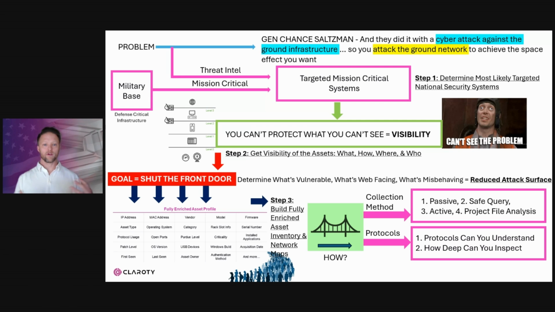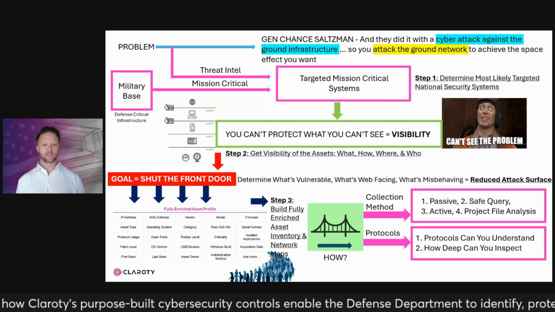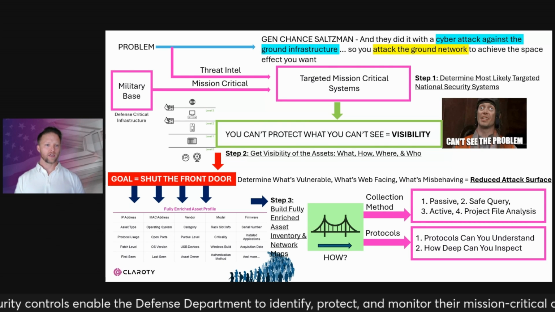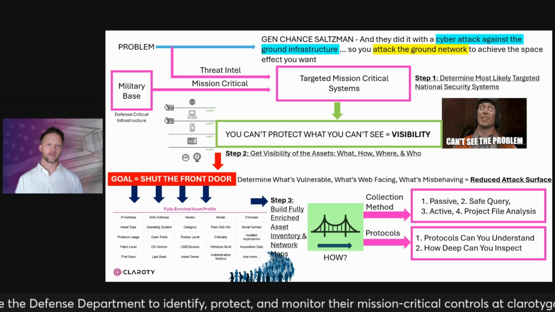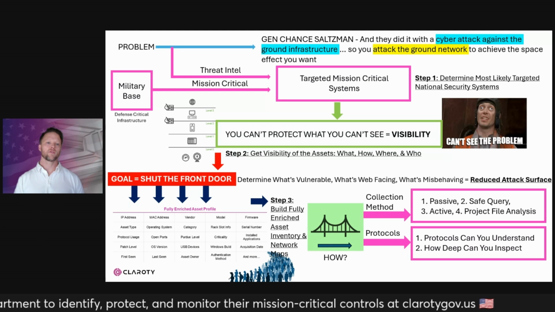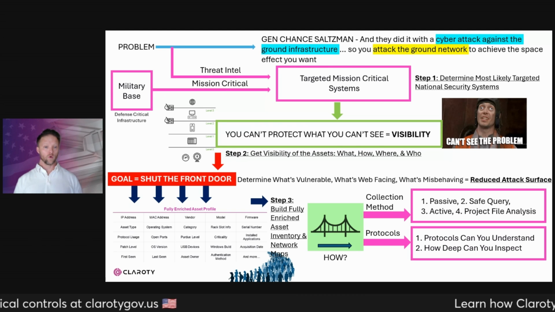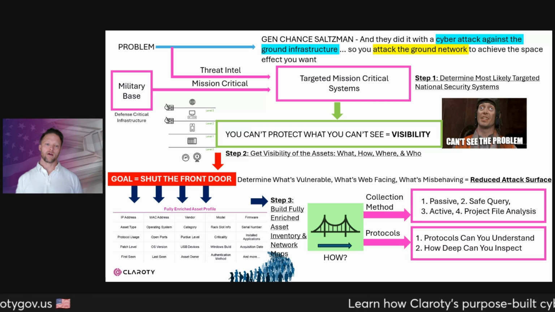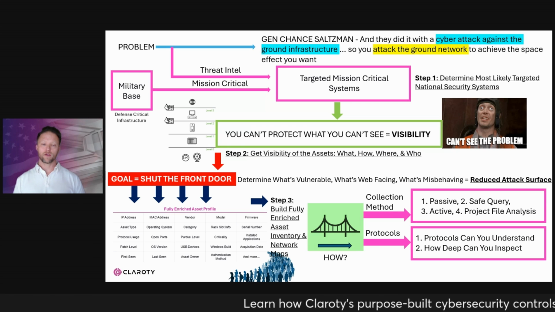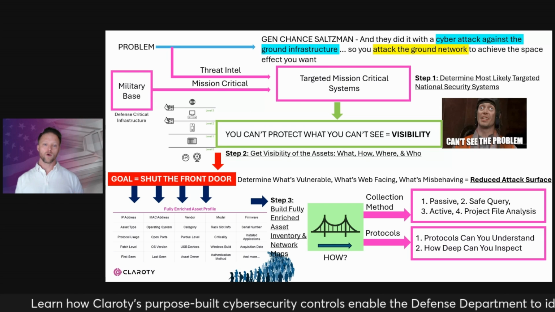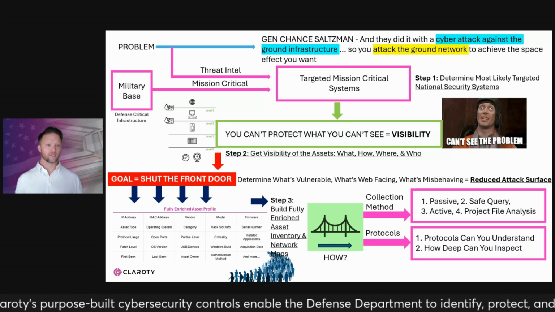So that's just a method that we think through when we're determining how we actually assess a network. So step one is determining which systems are national security systems, informed by threat intelligence and mission criticality, and then getting visibility into those. What's the model, what's the vendor, what's the firmware, what does a fully enriched asset profile look like? And then in order to do that, you have to have good collection methods, and you have to have the protocols necessary to understand and interpret those. So that's how we would go in and assess what's on the network, so that you can essentially have that goal of